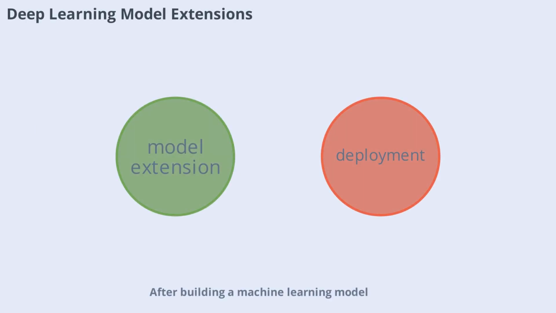After building a machine learning model, it's important to export it in a format compatible with your target platform. Not all extensions work everywhere, so choosing the right one is crucial. Teachable Machine offers options like TensorFlow JS and TensorFlow Lite for exporting models. Let's explore the differences and how to select the best extension for your project.